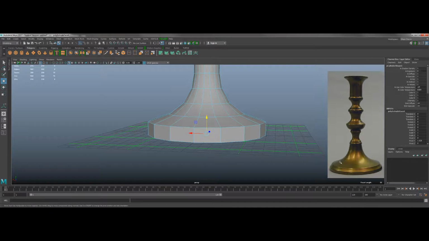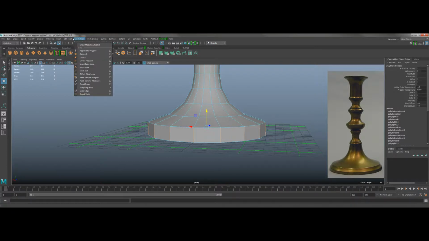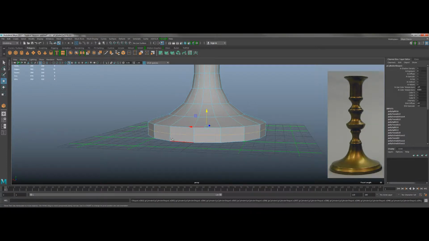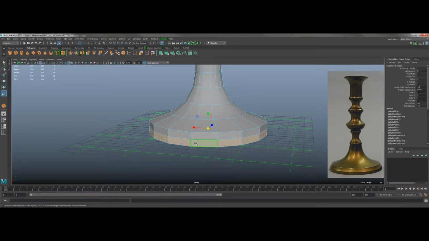And so what I'm looking at is I've got a little bit of movement here, a little bit of movement. So I've got this curve here, and then I've got a straight drop down here. So what I'm going to do is add another division going round, like that, and then this ring of faces at the bottom, I'm going to scale them out, but I'm not